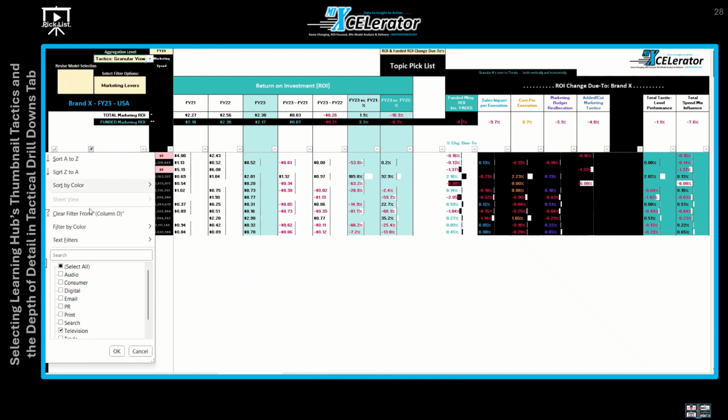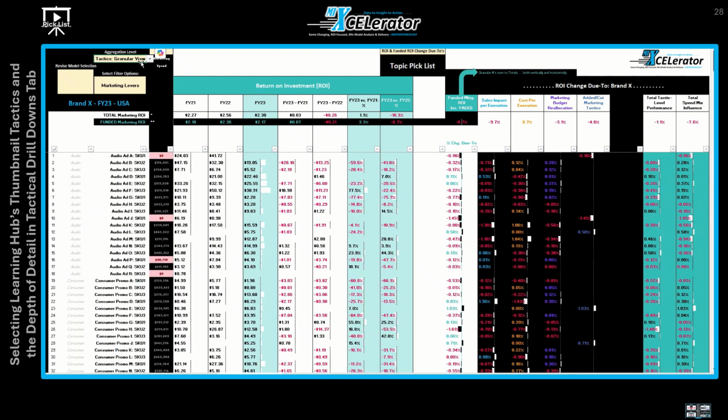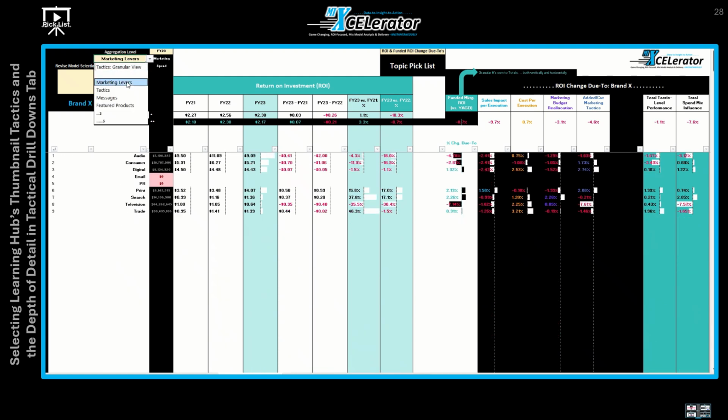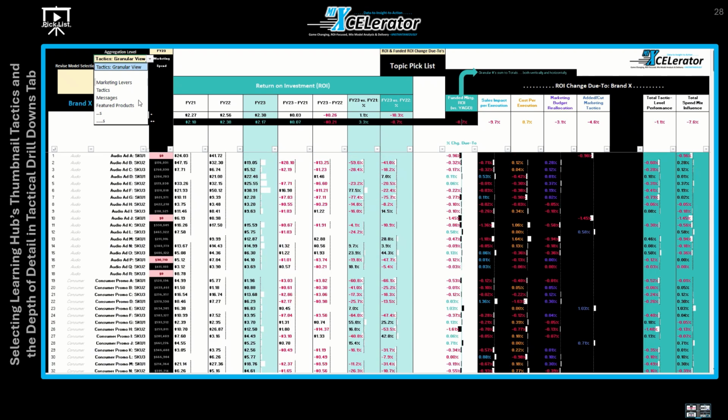Or what if you want to look at total TV? There's a box up here that lets you look at aggregation level. So let's say we want to look at total TV. That's a marketing lever, and now we can see our total TV, our total trade, our email, our digital, everything summed up. The ability to do these aggregations are entirely a function of how the granular tactical level naming conventions